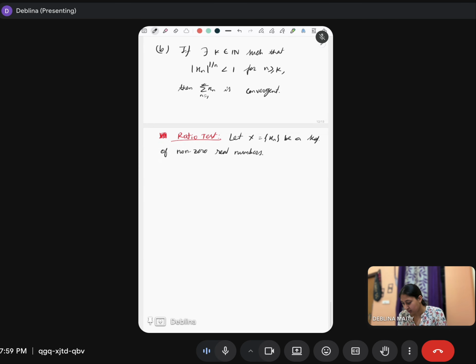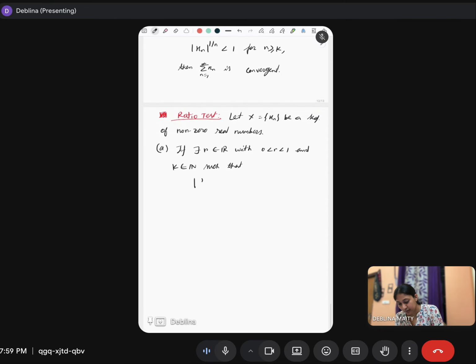So here, if there exists r, a real number with 0 less than r less than 1, and k a natural number, such that the ratio modulus of xn plus 1 by xn is less than or equal to r for n greater than or equal to k,